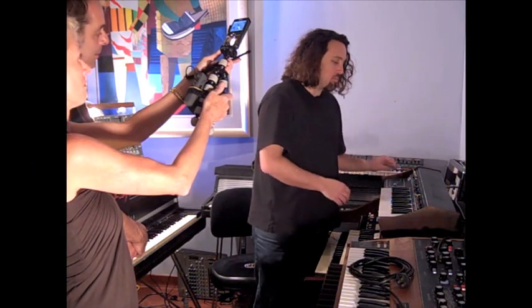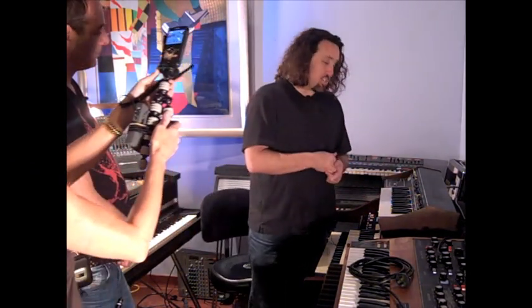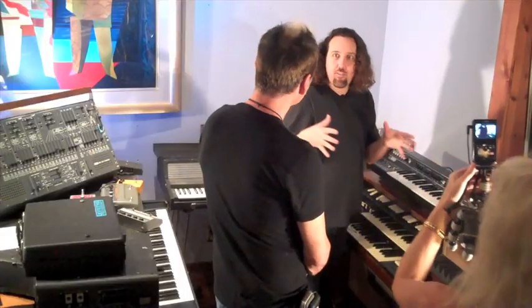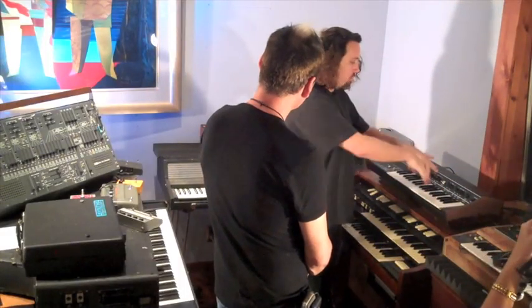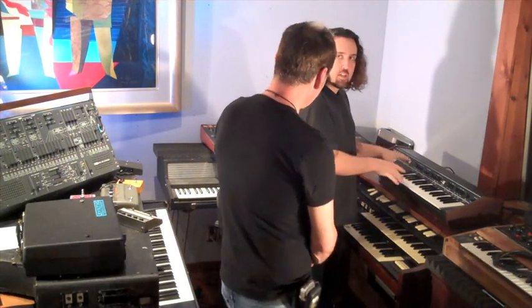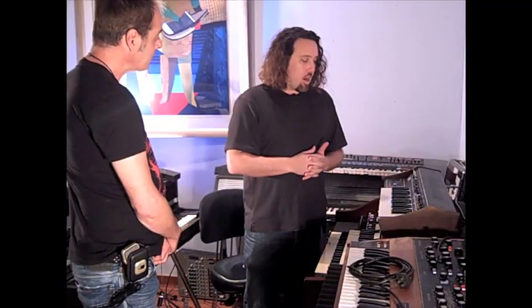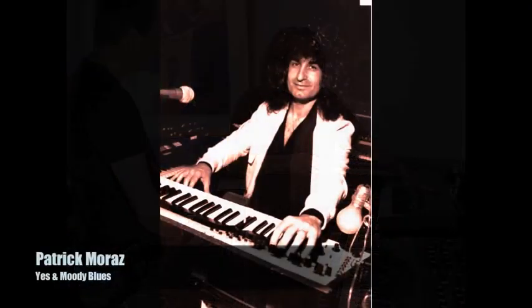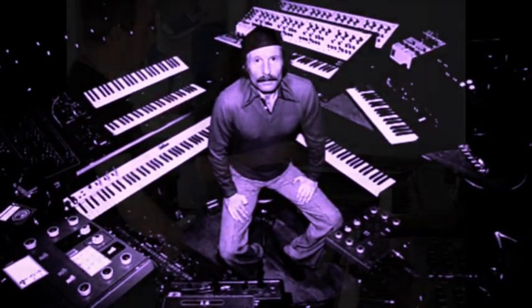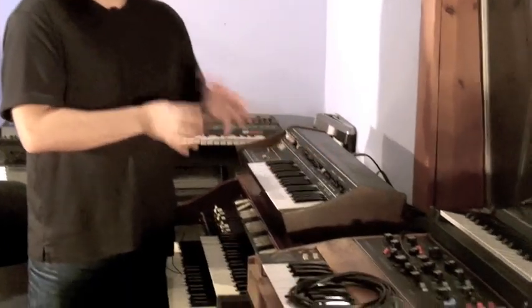So a lot of these iconic Tony Banks sounds that you hear in Riding the Scree and Cinema Show, quite an array of them, the original, are just flipping through the presets on these toggle switches and using the pressure sensitivity to get the bends and all these other things, which, by the way, only certain people used. I think Patrick Moraz used it, maybe Joe Zawinul. And I think the Grateful Dead, you definitely heard this sound as an ARP sound,